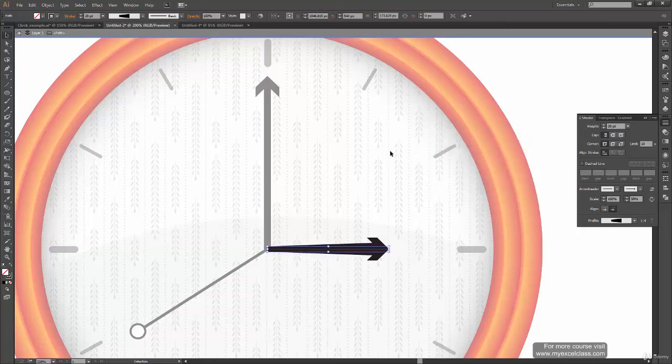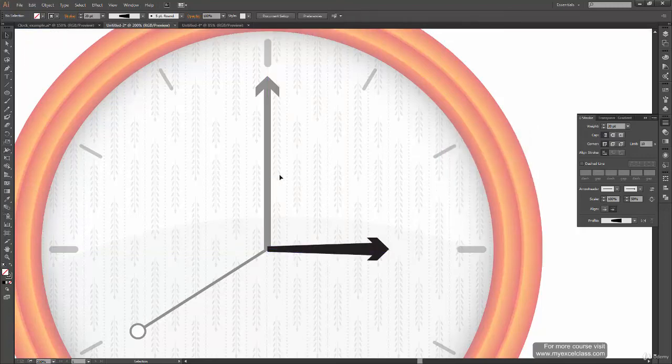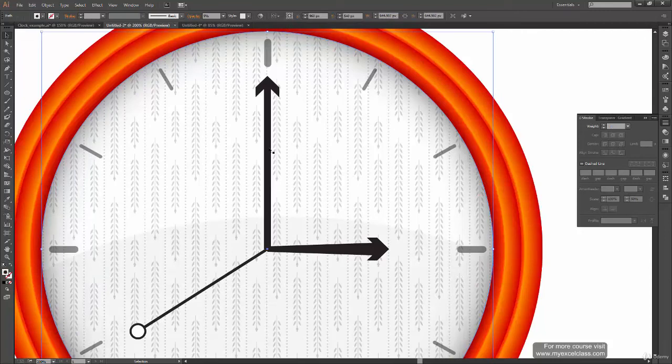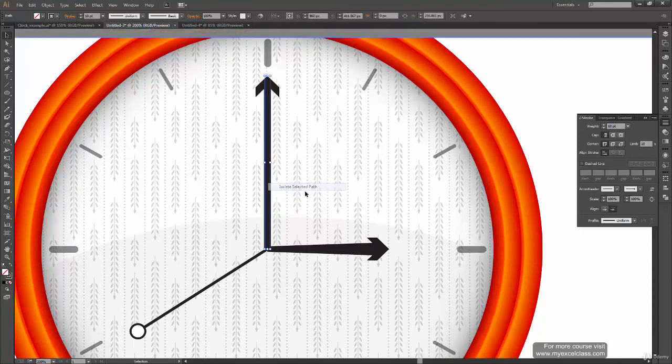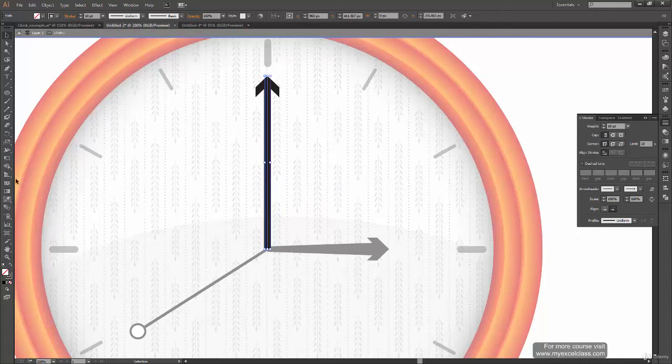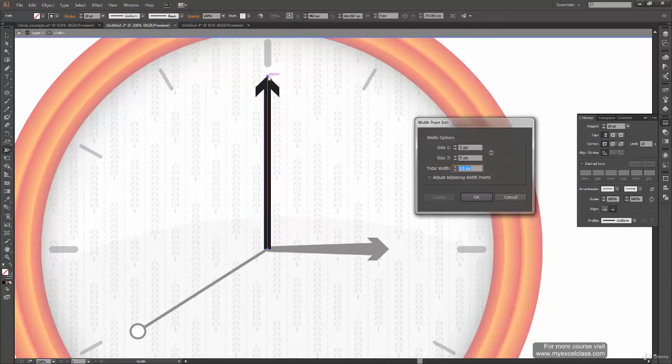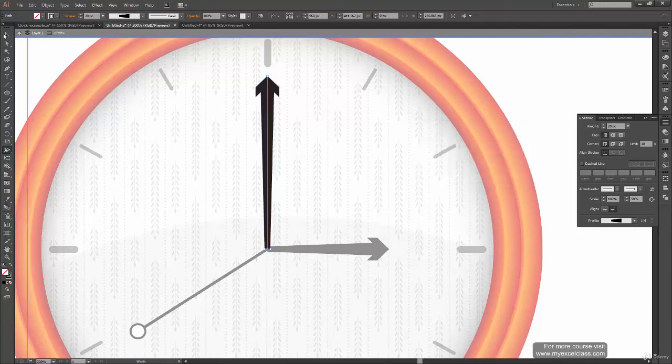Okay, so now that we know the values, we can double click here, go out of the isolation mode, right click, isolate the other path, and by selecting the width tool, we can just double click on this arrow and type our values, which is 10, 10, and here we can double click and type our values, which is 4, 4 pixels and click OK.